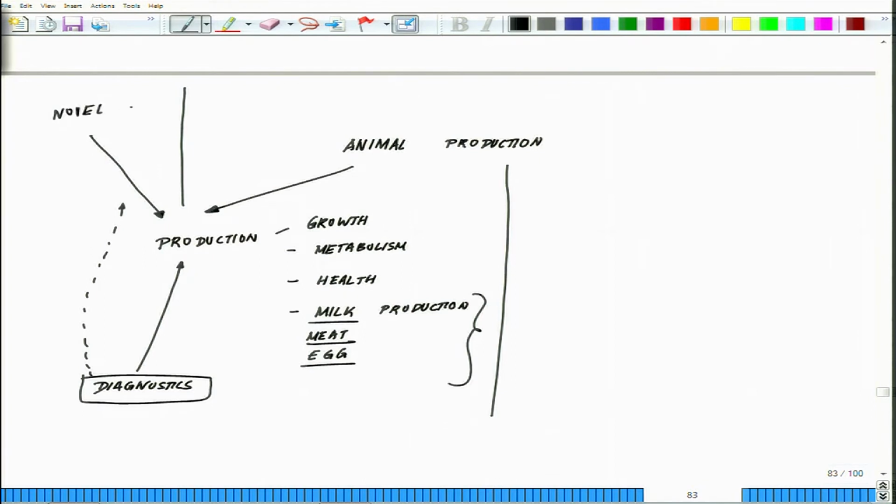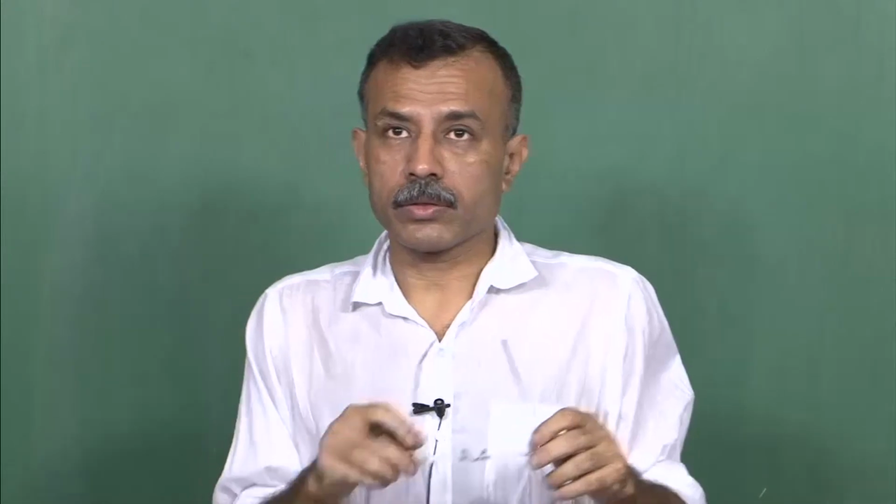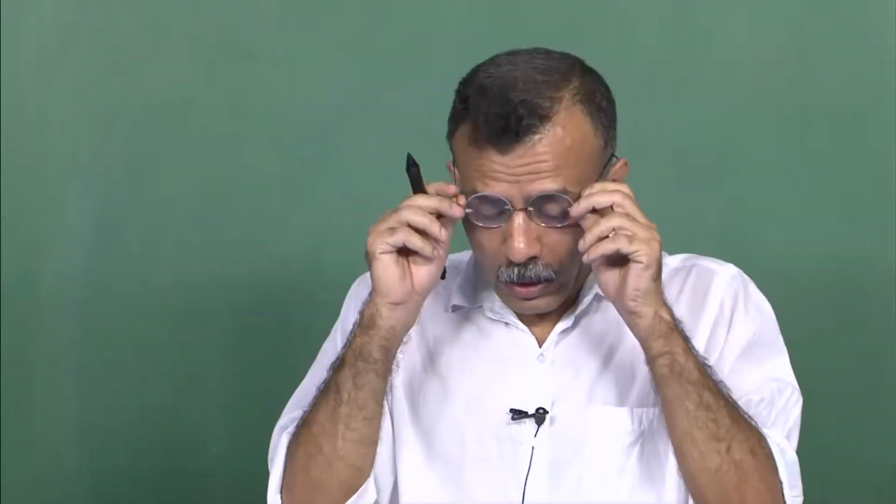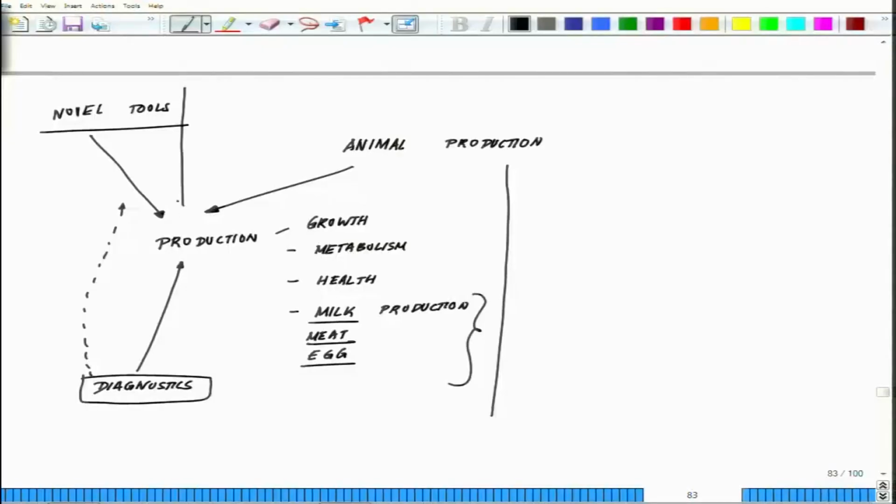There we have talked about cantilever systems and all this to detect the muscle physiology and several other aspects. Here, among the novel tools, another area which finds tremendous application is animal cell culture